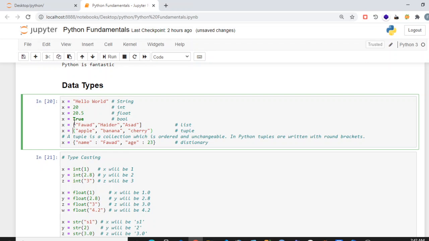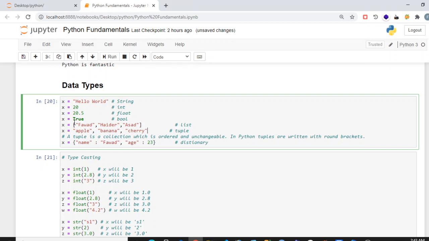Tuples can have round brackets, and tuples can also be initialized without round brackets like this. The difference between list and tuple is that list values can be changed, but tuple values cannot be changed.